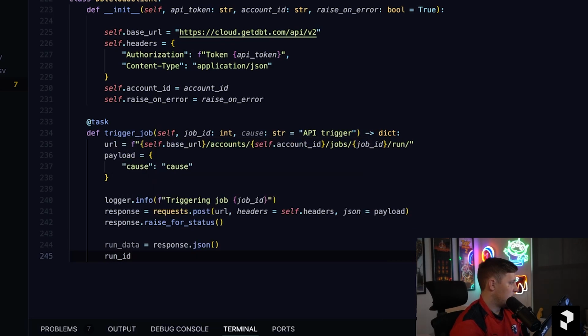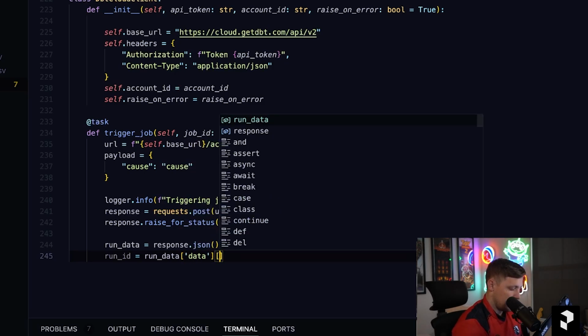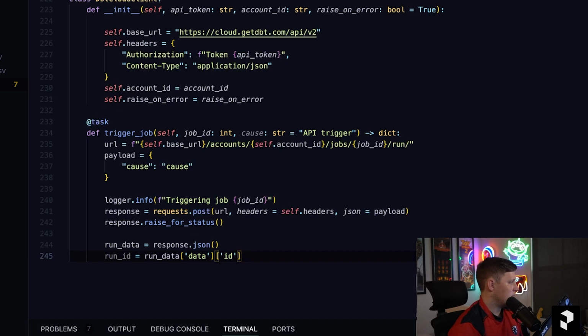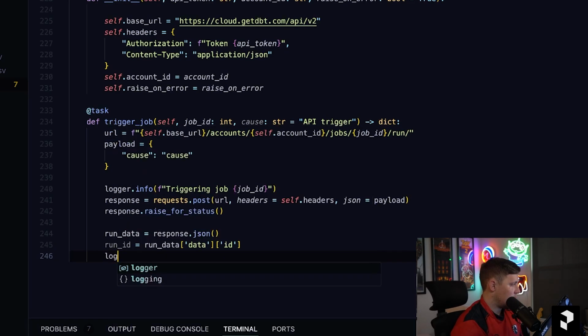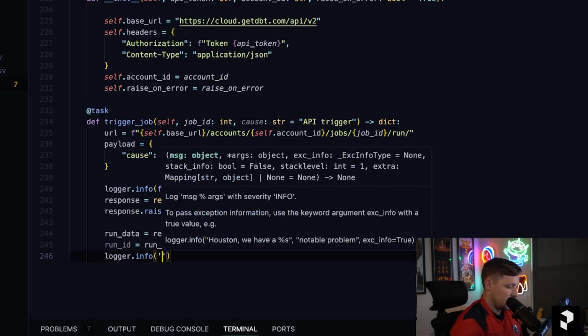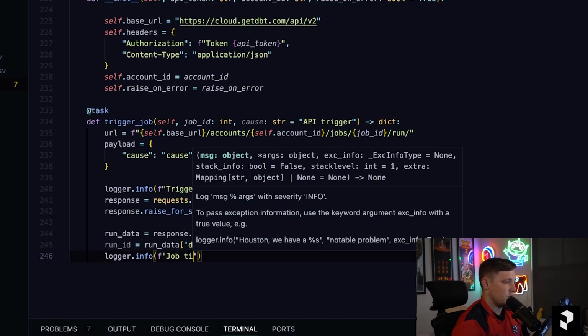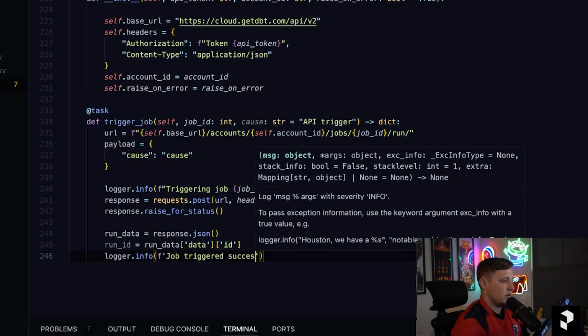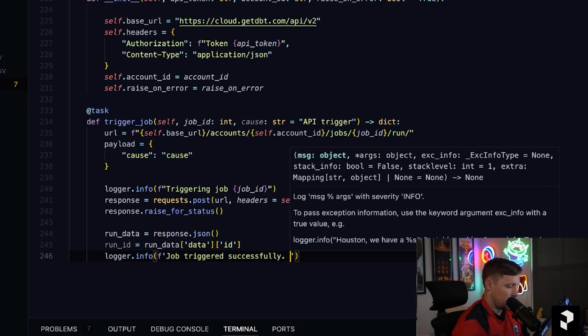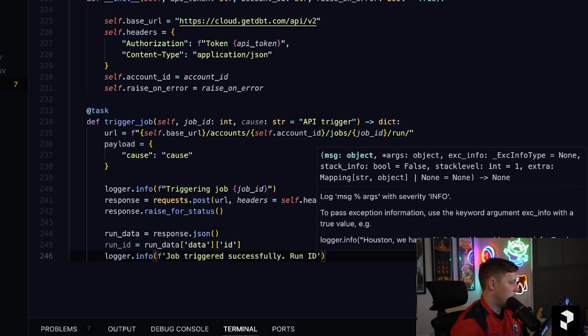Run ID is equal to run_data, data. Oops, there we go. And ID. And then logger.info. We're going to say that the job has been started successfully. So, job triggered successfully. And then the run ID is